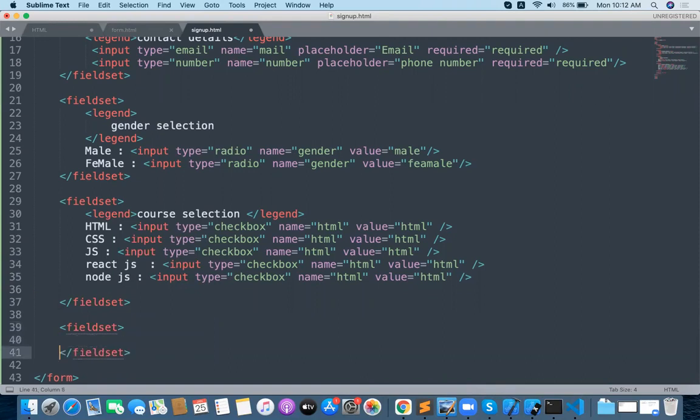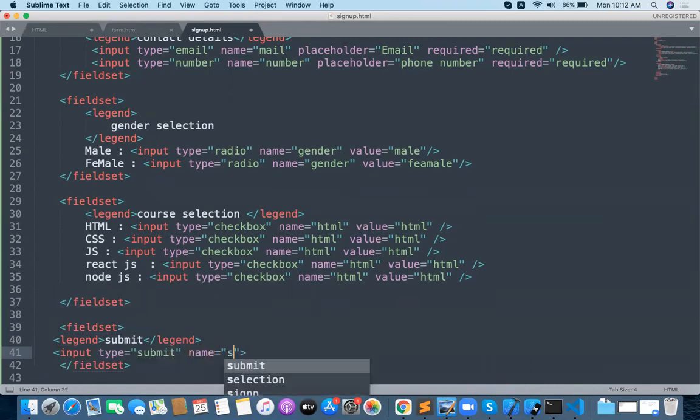Submit. Okay, legend I'm taking again, legend submit. So he is going to be submitting the form. So input type submit, name equal to submit, and value will be submit.